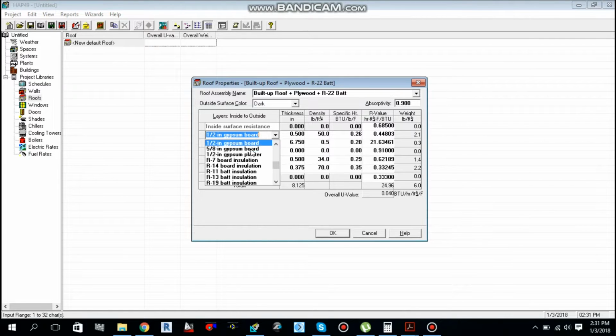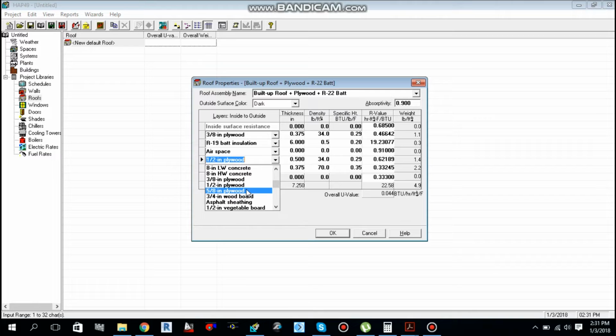So if I select 3/8 inch plywood, then R19 insulation is very near to 0.045. Then airspace, then half inch plywood with some plaster, 0.045. So we got our value 0.045, and we can use this U value of the roof in our heat load calculation.